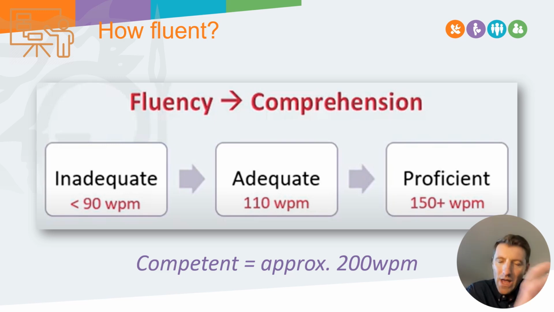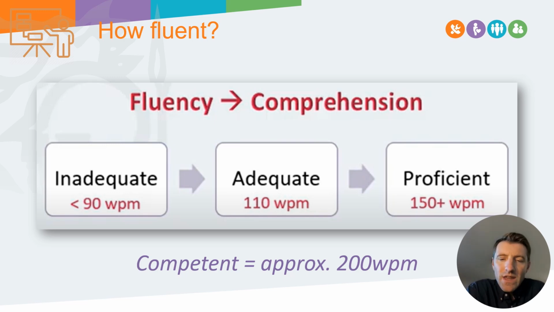Okay, where we need to really focus our time and attention and our energy is for those children and young people who are below 110 words per minute, and specifically and very importantly, those children and young people who are below 90 words per minute. Research and literature says very clearly that a child whose word per minute rate is below 90 is going to really struggle to glean meaning from a text and therefore really struggle to enjoy it. Because ultimately we enjoy something that we can read confidently and that we can get meaning from, whether that be a narrative or whether it be something of informative nature.